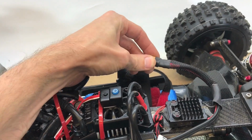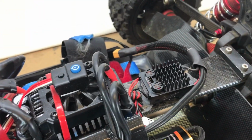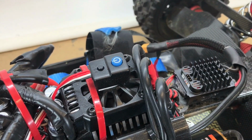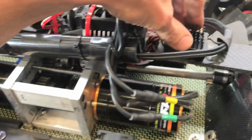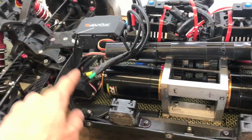Obviously, two of those, and they all run off. I have a separate kind of battery that I plug in here, and it goes through the Castle. I think it's the 50 amp BEC. It's the Pro, yeah, BEC. It's the Pro basically, and then it sends out the power to power the